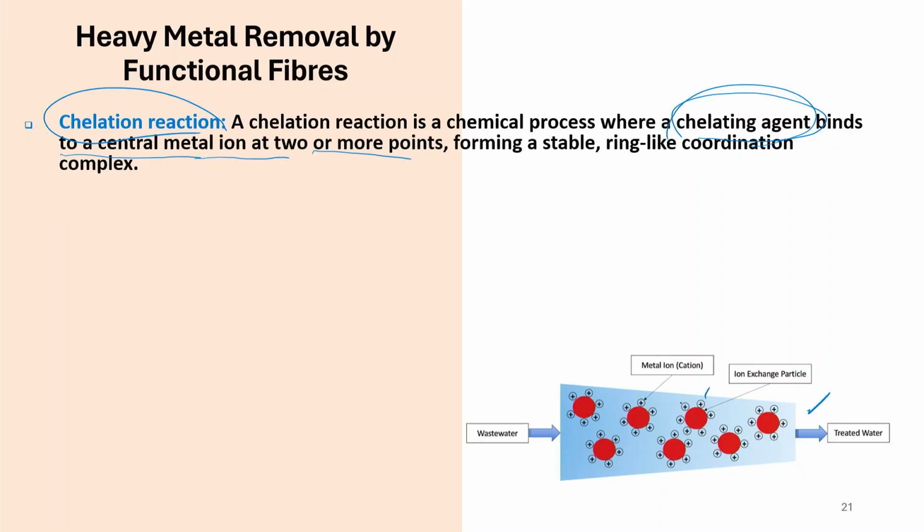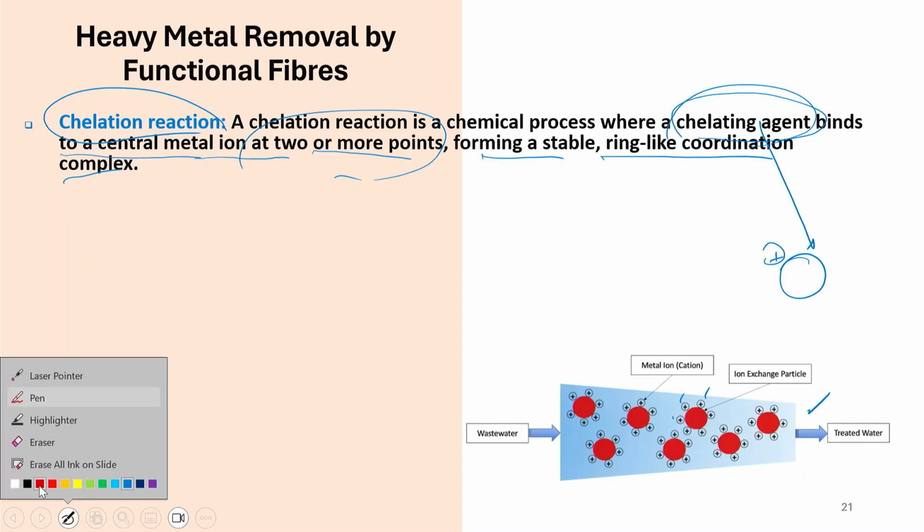So, here these black dots with positive signs are metallic ions, the positive ions, and they are attached at two or more different points, which form a stable ring like coordination system. So, you can see this is a chelating agent, which is known as ion exchange particle, and here the metal ions,